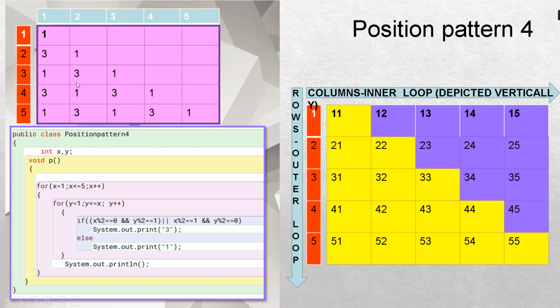So this way we will trap the locations. In this case the 3, 2 location would be trapped, and your 5, 2 location will be trapped, and your 5, 4 location will be trapped. So 3, 2, 5, 2 and 5, 4 would be trapped when you need a 3 in the case of an odd row, and when you have an even row, the 2, 1 and your 4, 1 and 4, 3 locations would be trapped. So in this way, once we are able to trap the locations, we will be able to print whatever values we need.